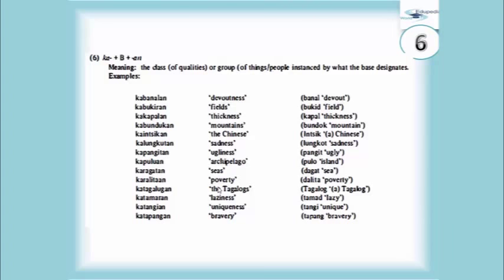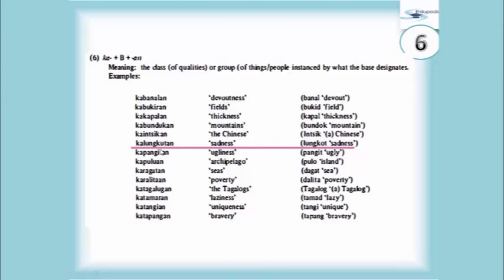The next formation we have the ka plus base plus an, which is the class of the qualities or group of things people extended by what the base designates. For example, kabanalan, devoutness, banal, devout, kabukiran, fields, bukid, field, kakapalan, thickness, kapal, thickness, kabundukan, mountains, bundok, mountain, kainchikan, the Chinese, inchik,